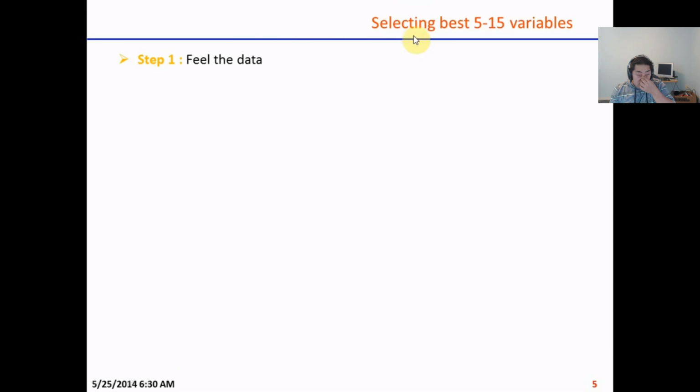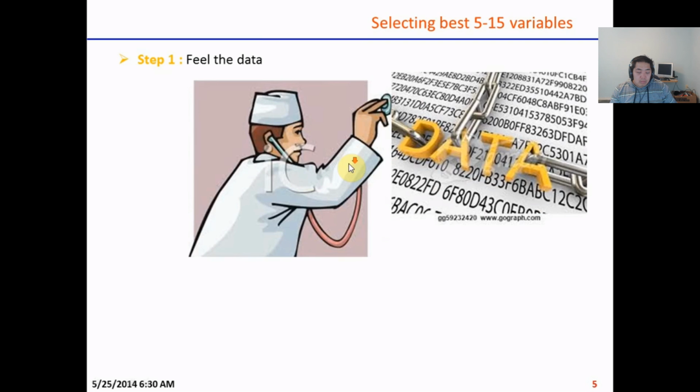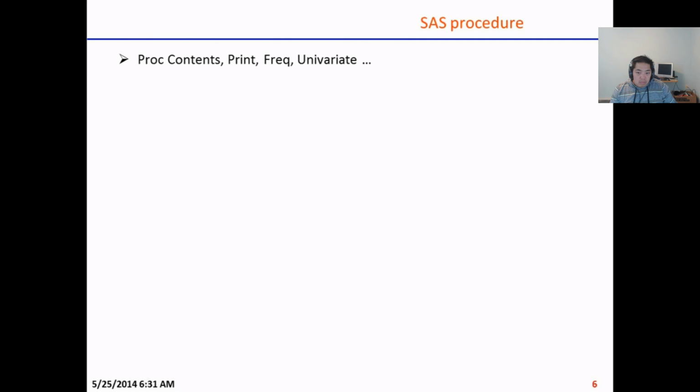Next, how do you select 5 to 15 variables? This itself is a process, and the first step is that you have to get a feel of the data. How do you get a feel of the data? Just the way a doctor gets a feel of the patient, as a modeler you need to get a feel of the data. There are a lot of statistical procedures like proc contents, proc print, proc freq, proc univariate,